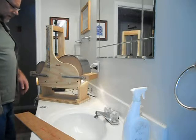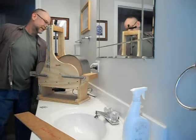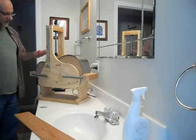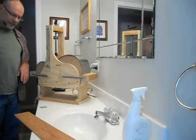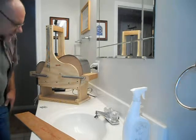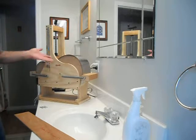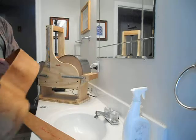Okay, so my timer just went off, 22 minutes, so I'm going to turn off the power, turn off the light bulb. I'm going to let this cool for at least an hour. And the next step, once I release this from the mold and I made it with its pair, is I'm going